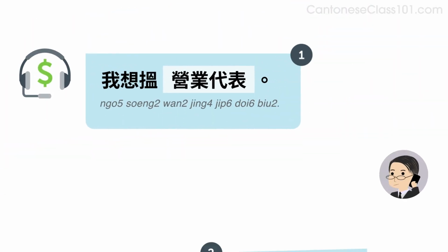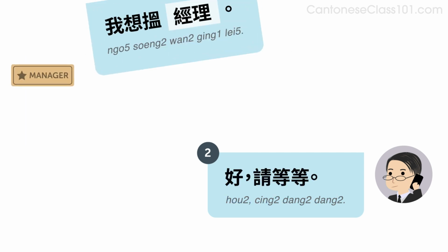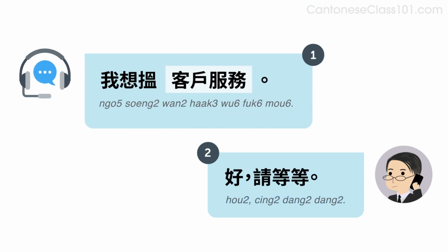Let's look at some examples. Listen and repeat or speak along with the native speakers. 我想搵營業代表。 好，請等等。 我想搵經理。 好，請等等。 我想搵客戶服務。 好，請等等。